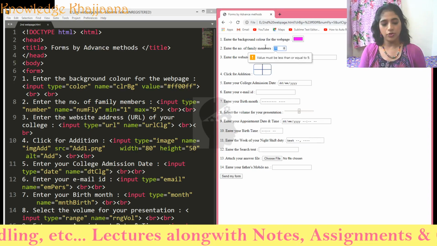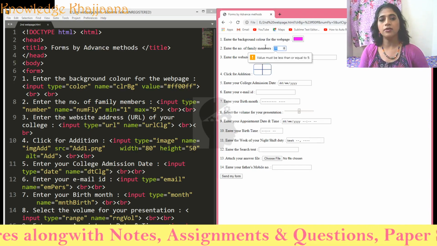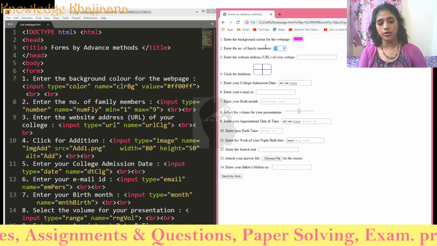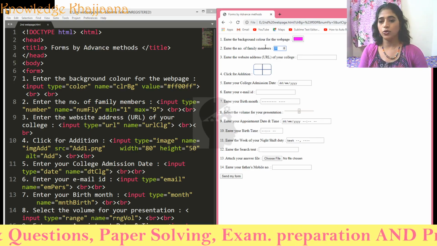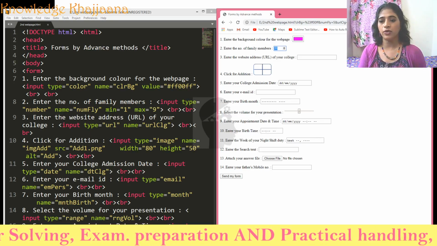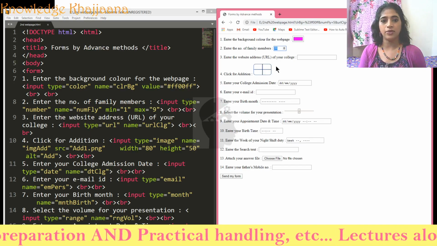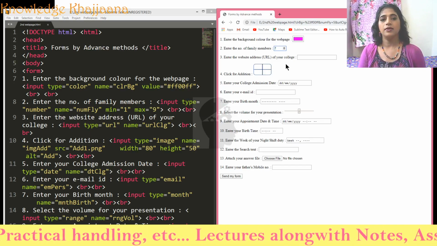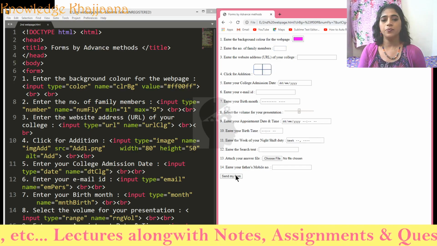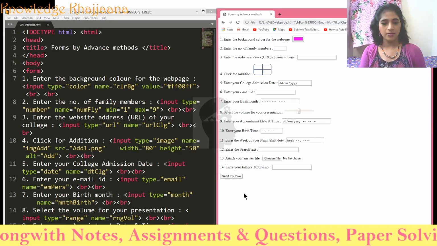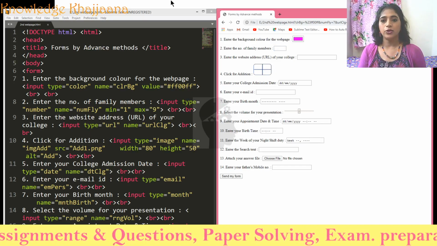Why? It prompts me by showing the validation message that I have to enter a value between 1 to 9, because the minimum value I have specified as 1 and the maximum value I have specified as 9. Okay. So we can enter numbers between 1 to 9.